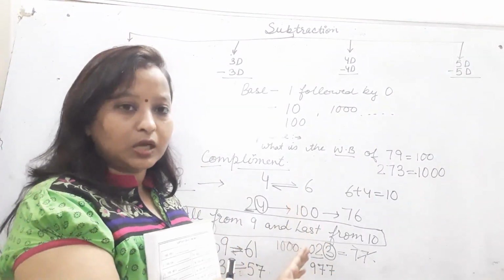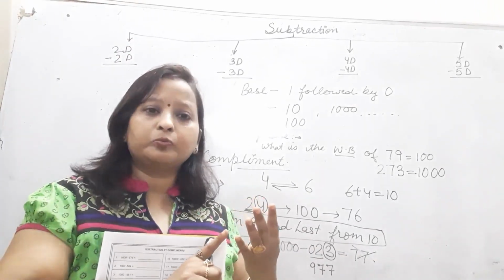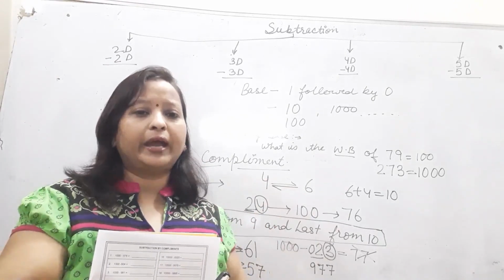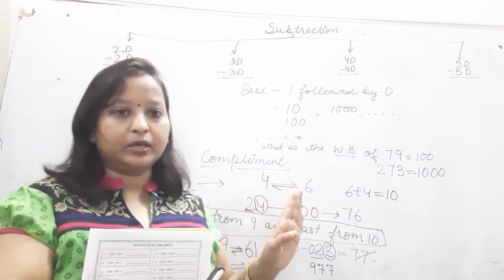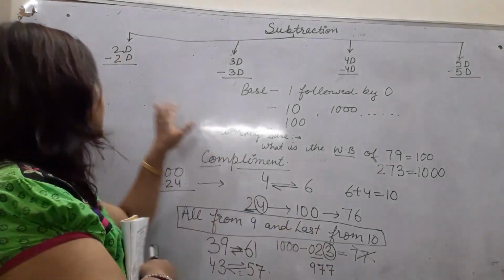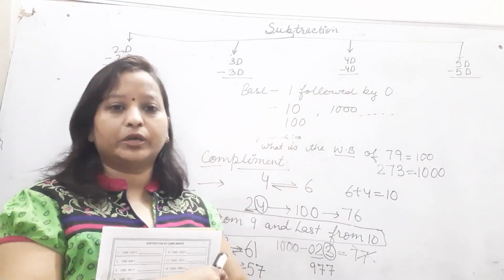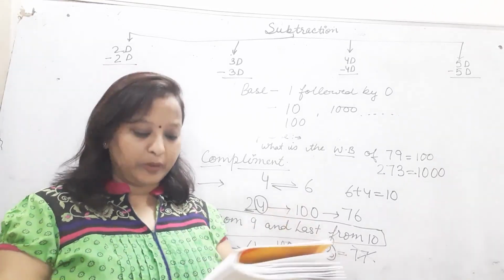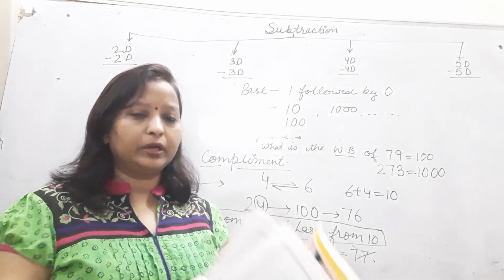This is the concept. This is the video in which I taught you about base, working base, and now you have to write the working base and the complement. It is very clear to all of you. It should be very clear. Next, the topic is how we will subtract 2 digit minus 2 digit, 3 digit minus 3 digit, 4 digit minus 4 digit. I will explain it in my next video. So do practice page number 4, 5 of this book.